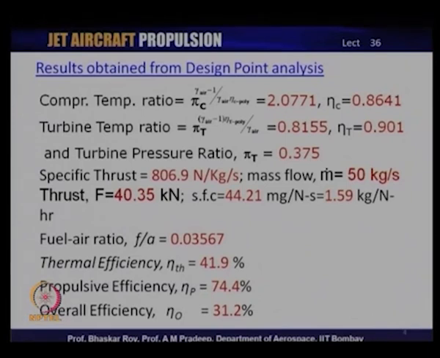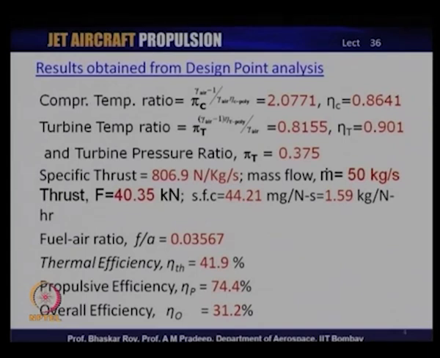For example, the compression temperature ratio can now be written down in terms of the polytropic efficiency that has been given and the pressure ratio that has been given, and given the value of gamma air that is 1.4, a normal value of gamma, we get a temperature ratio across the compressor as 2.0771, and the corresponding isentropic efficiency of the compressor, given the polytropic efficiency, which is 0.9 and considered to be equal for all the stages, the overall isentropic efficiency of the entire 10 pressure ratio compressor would be